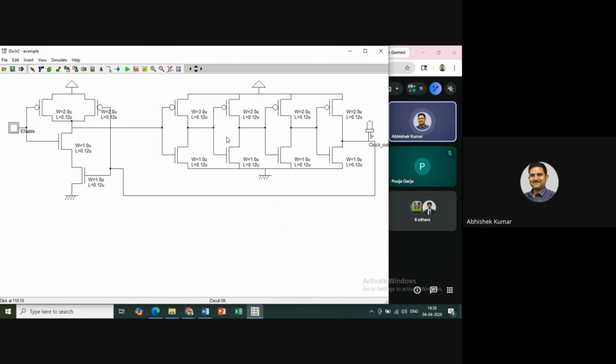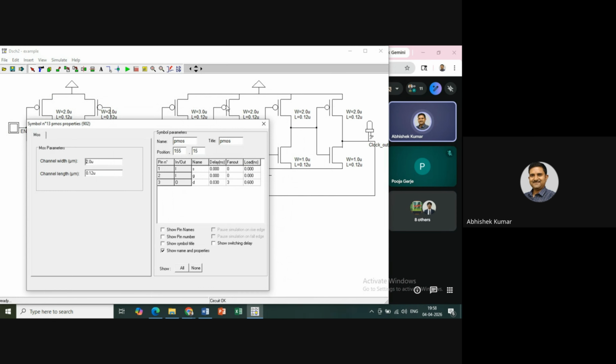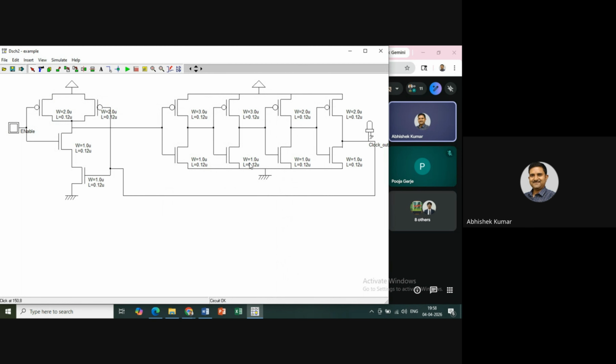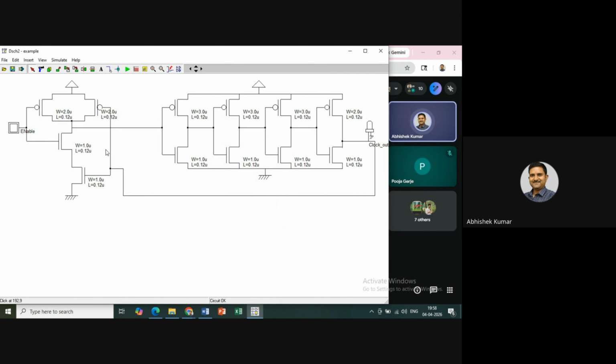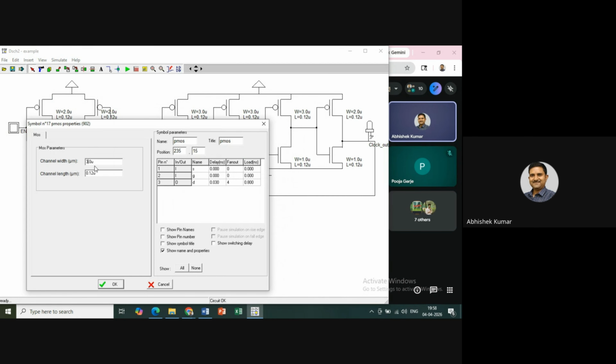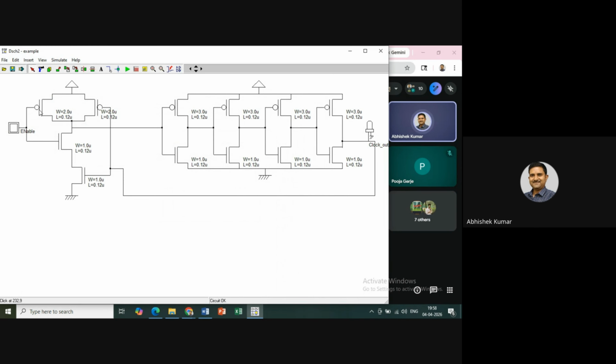Now you can visualize how the waveform will be affected. L and W of NMOS I put the same, but W of PMOS I'm going to change. Now see how it will affect the waveform and what the range of frequency is. Similarly for NAND,